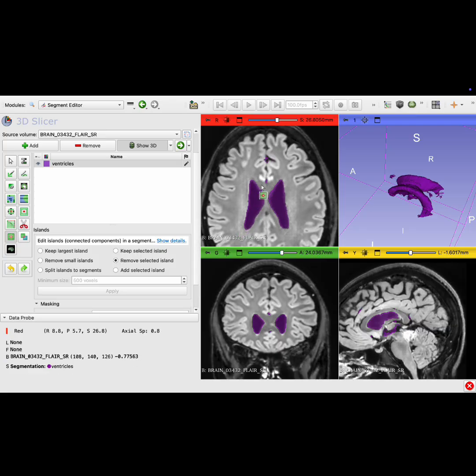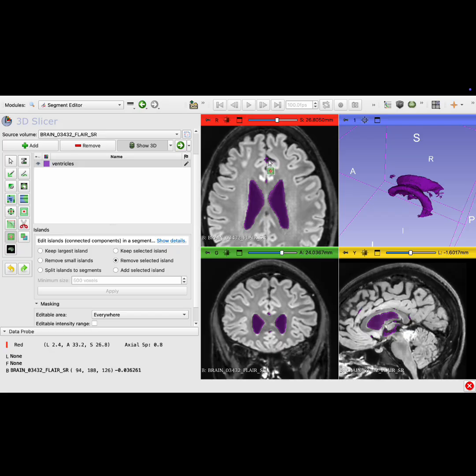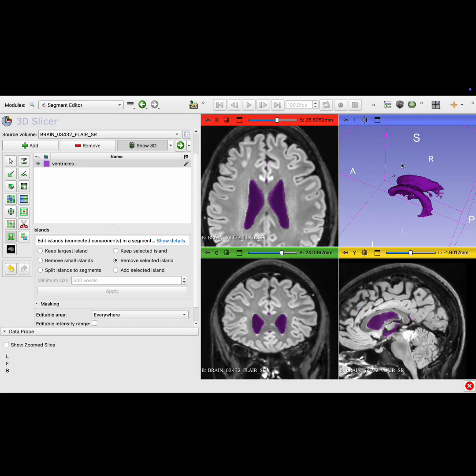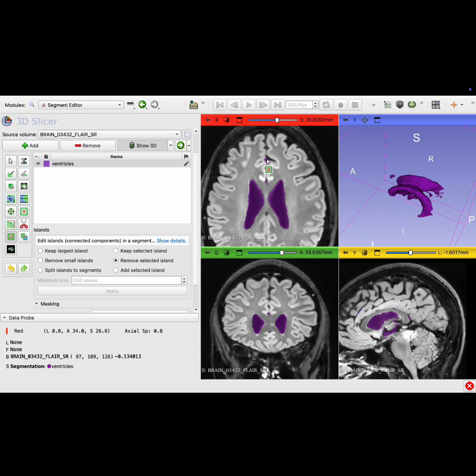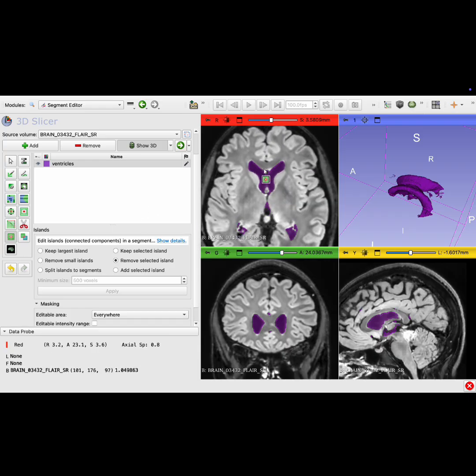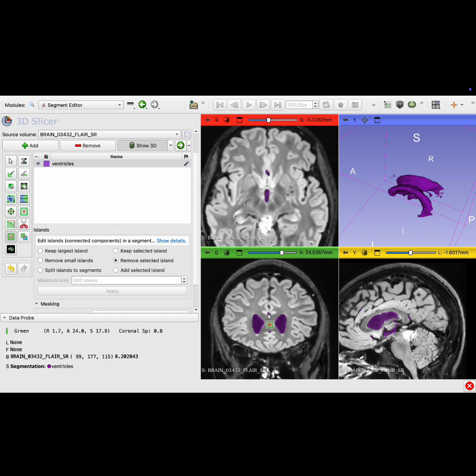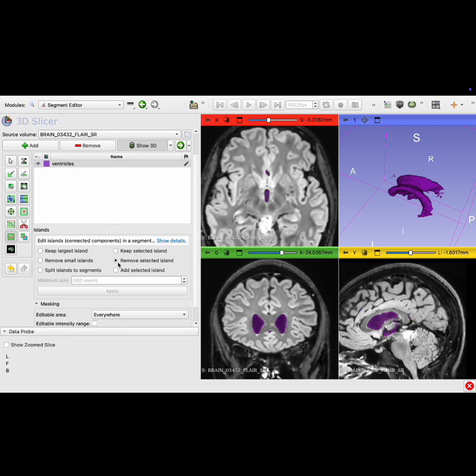The other one, remove selected island, does the opposite. You have to click on the island that you want to delete. As you can see, I click on this one and it will be deleted. These options work when the number of extra islands is much less. For example, you have 2 or 3 extra islands which are big and you can click on them on the